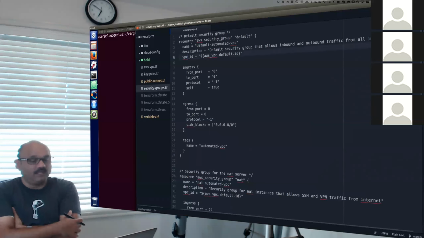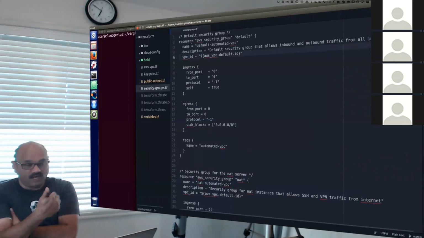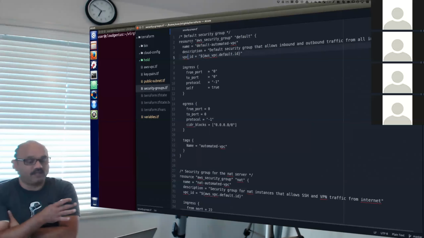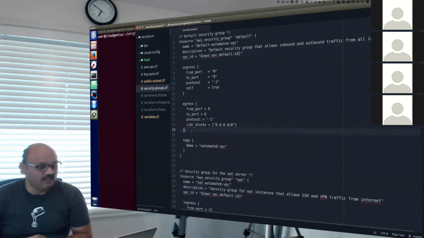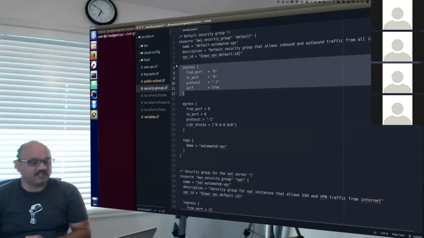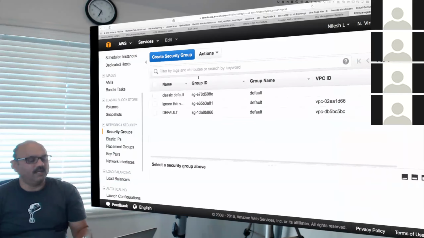Next, ingress. There is inbound traffic, from anywhere, 0 to anywhere, 0. Protocol any, allow for yourself, true. Egress, outbound traffic. Just open the whole thing, let anybody go anywhere outside. And that's the egress reference. So this reference for egress and that reference for ingress is pretty identical to what you would otherwise do